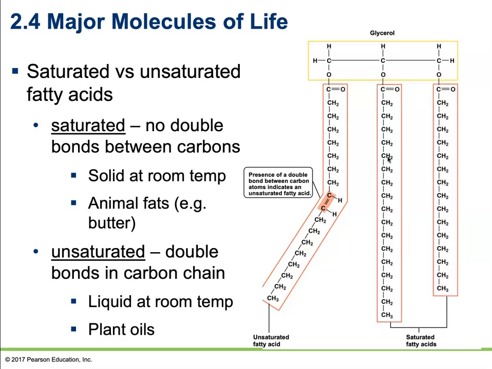Just a quick reference. If you've ever heard of the term hydrogenated oils, this is where we take an unsaturated fatty acid, like a plant oil, and we add hydrogens and we break the number of those double bonds that are going to be found there. So for example, shortening or margarine, vegetable shortening, those are of animal origin. They used to be liquid animal oils, but they've been hydrogenated. We've added hydrogens to them. We've removed those double bonds and allows them to be solid at room temperature. It also will increase their shelf life.